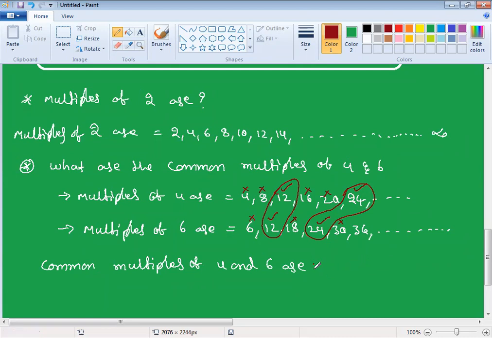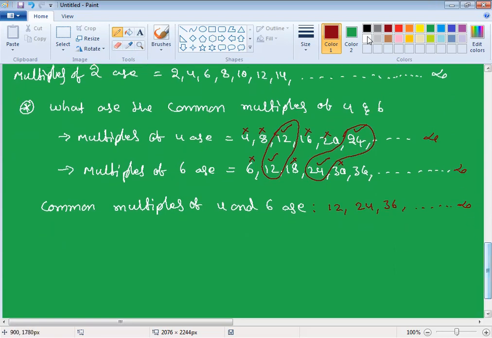Okay. Now I am writing here: 12 is a common multiple, 24 is a common multiple. You will get again 36, but you will get the 12 table simply. Okay. So on up to infinite. So in this way, we can write the common multiples of any two numbers, three numbers, four numbers, five numbers. Okay. Yeah, come to the class.